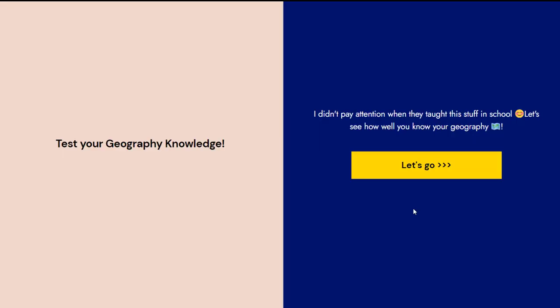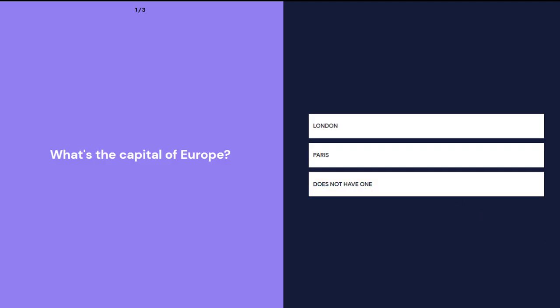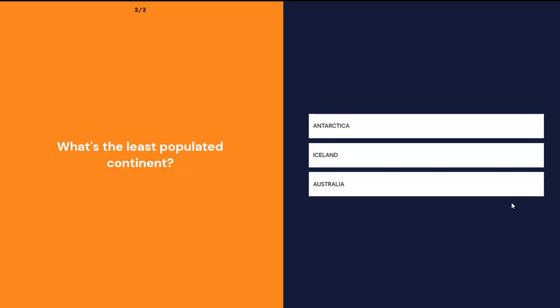So this is my quiz and this is how it looks in the front end. You can see this is the quiz title, description, the button here. When users click on this, it will take them to the question screen and you can see here, it's showing the progress. This is the first question and question is here. Answer choices are here. I'm going to select this one. And next question, you can see all the colors, they are different. So each one stands out.